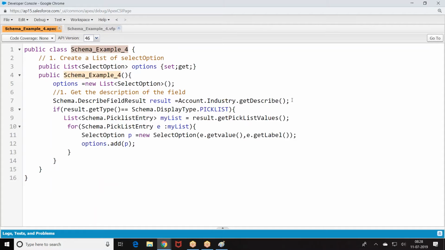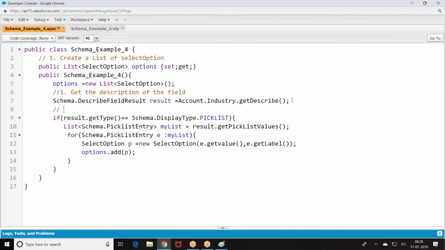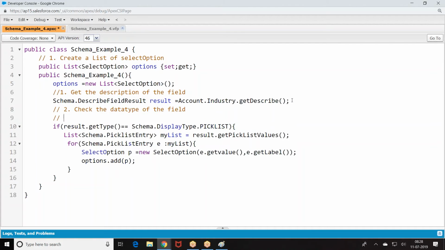First, get the description of the field. Check the data type of the field. How do you check it? Schema dot display type.